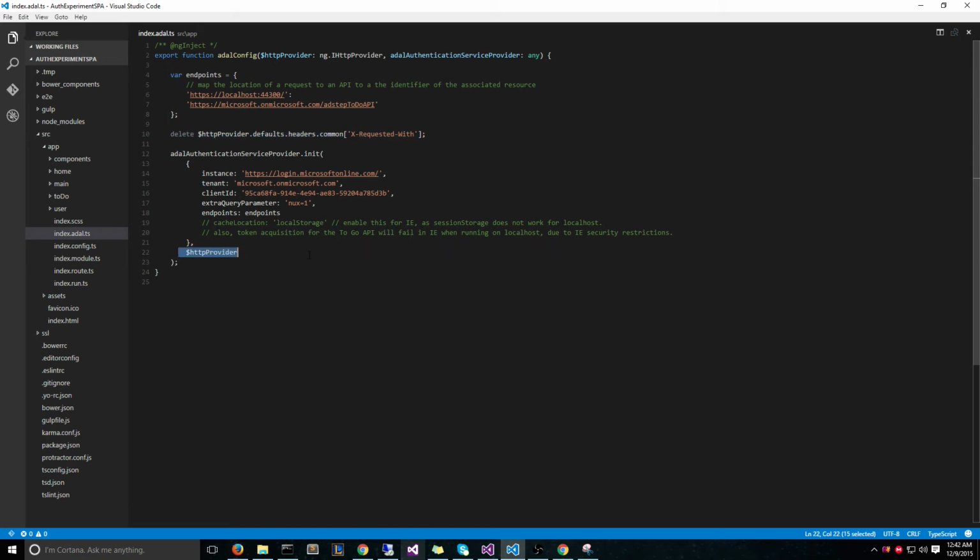And then the HTTP provider is passed into the authentication service provider because it needs to essentially listen for all of the outgoing web requests. And so it will listen for outgoing web requests that hit this, and then apply some logic to pass the credentials that will work for that, is what I'm saying. So that's all the configuration, as long as you have